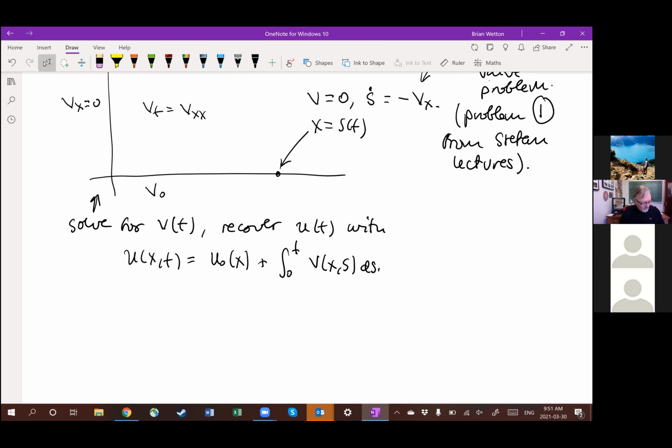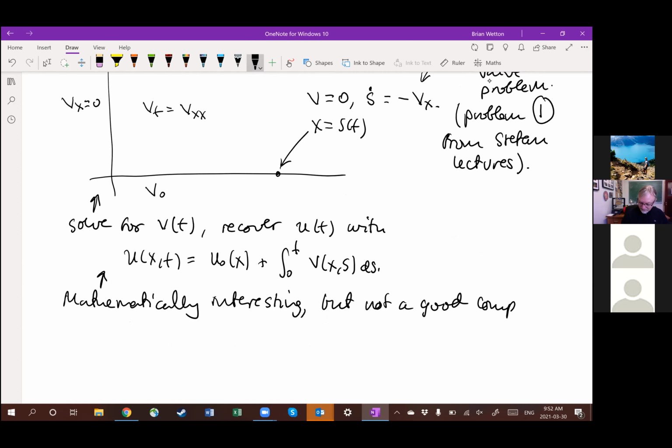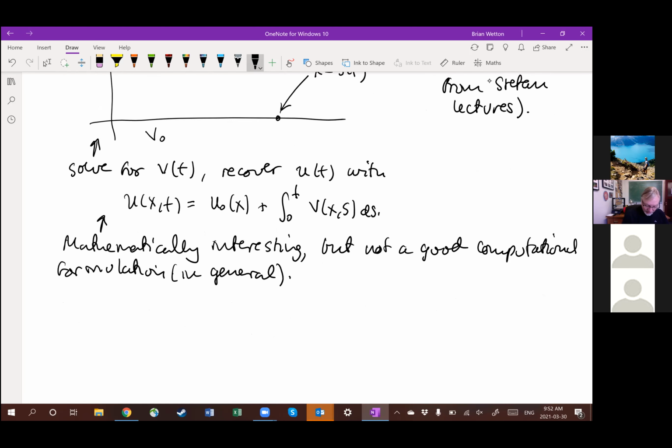Now I'm going to say this is mathematically interesting. But I'll say not a good computational formulation, in general. And I'll show you why with some pictures. Basically, I don't like this formulation because